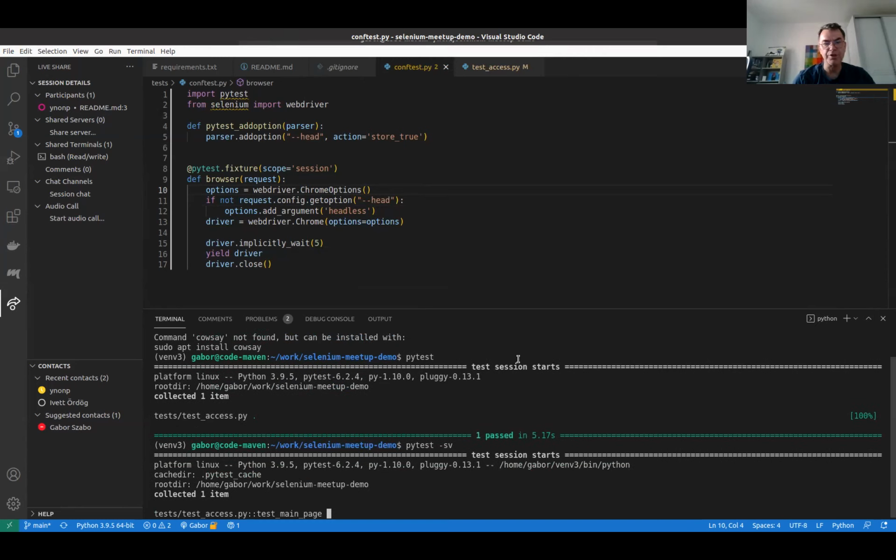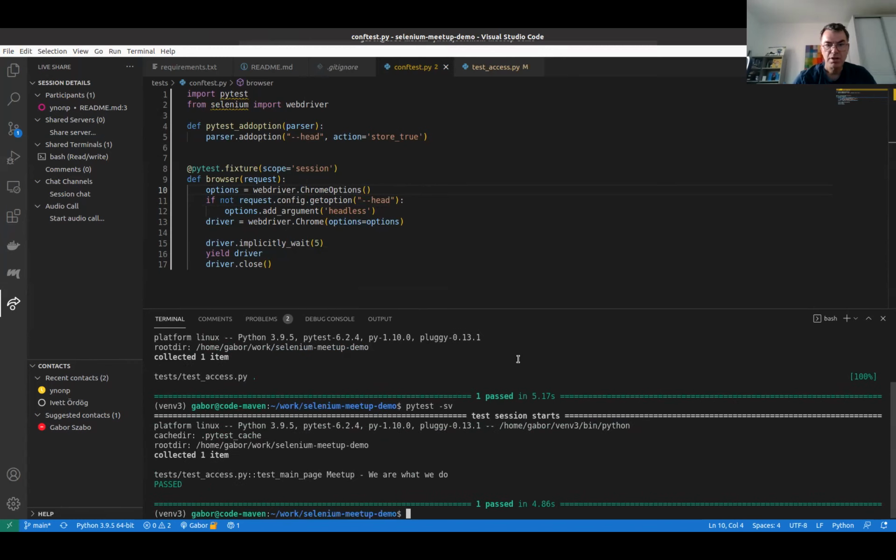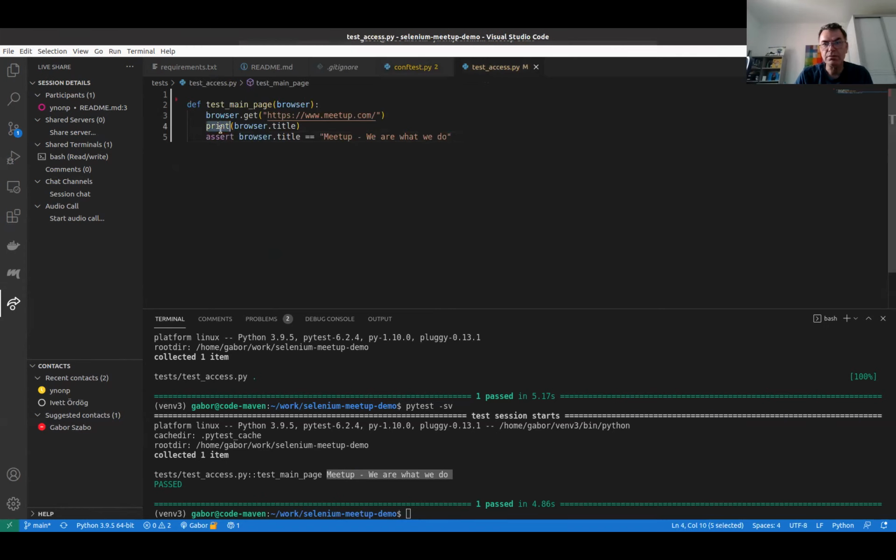The -v will show the full name of the test function, and the -s tells PyTest not to capture standard output. PyTest basically captures all the printouts, and -s tells PyTest to also print it out to the screen. So this is the print that you saw here.